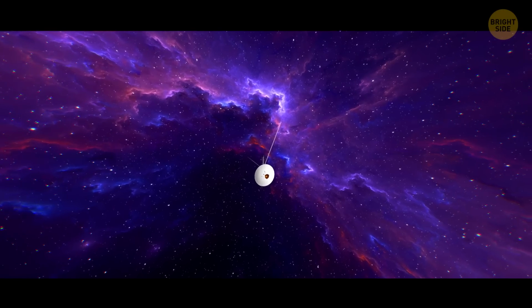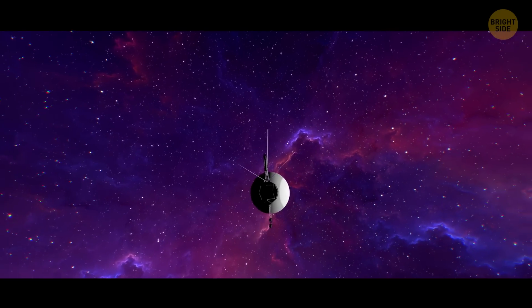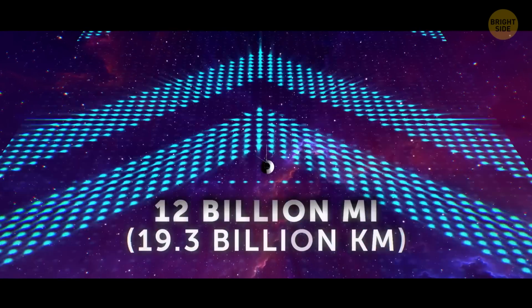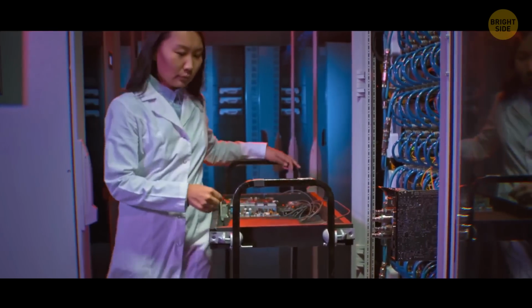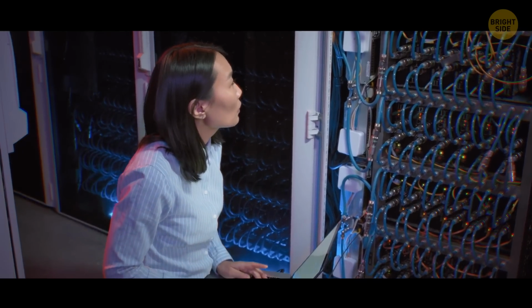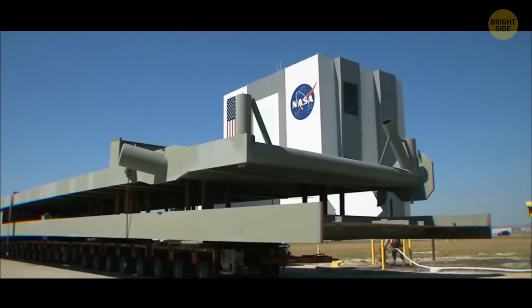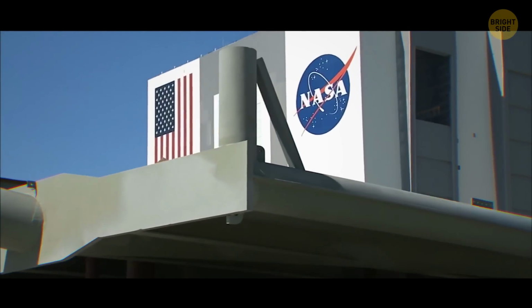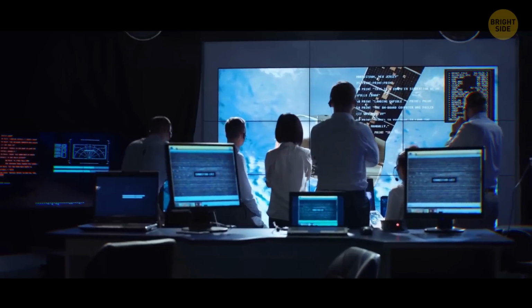That's why it was possible to stay in touch with Voyager 2, which entered interstellar space in 2018 and has already traveled almost 12 billion miles away from Earth. But in March 2020, the main piece of equipment that allowed scientists to exchange signals with the spaceship was switched off. After the communication with the spacecraft stopped, NASA spent around 11 months upgrading its deep space network and installing